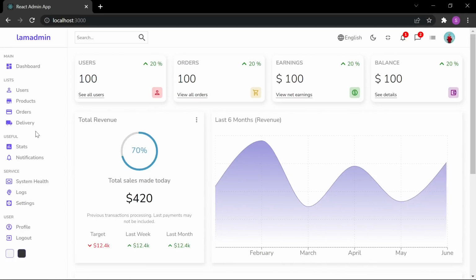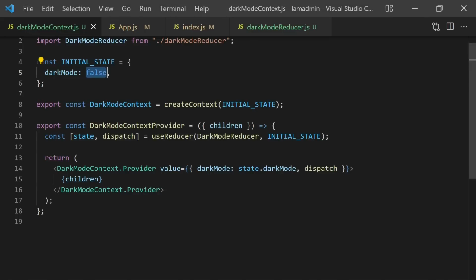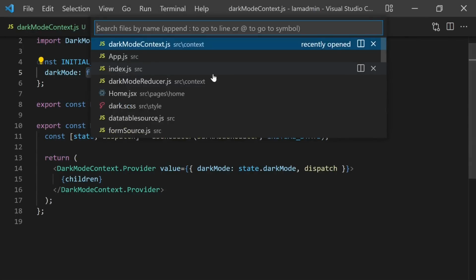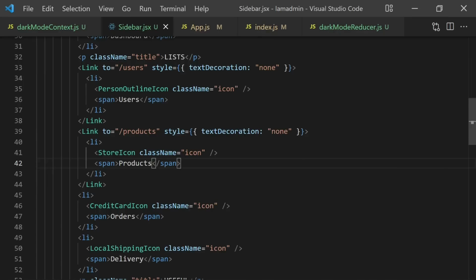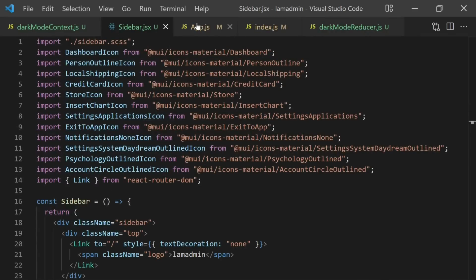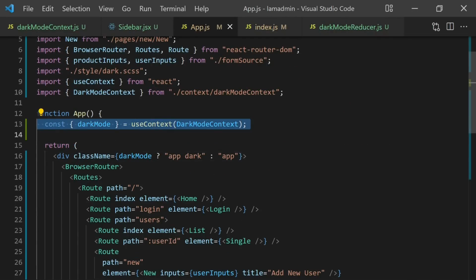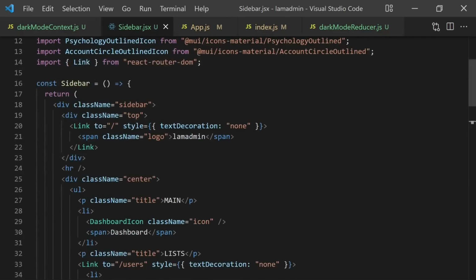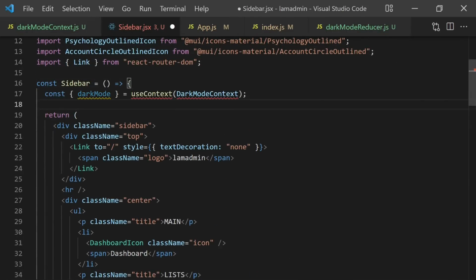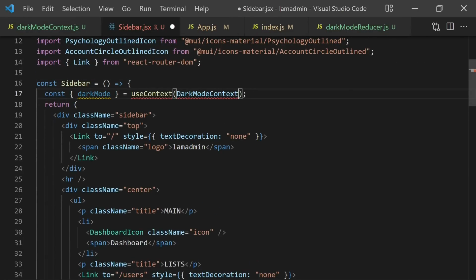And right now, we are gonna use dispatch for our sidebar and navbar, and we will be able to change this dark mode. Let's open up Sidebar. And I will do the same thing. I'm gonna call my context, like that. I'm gonna import this